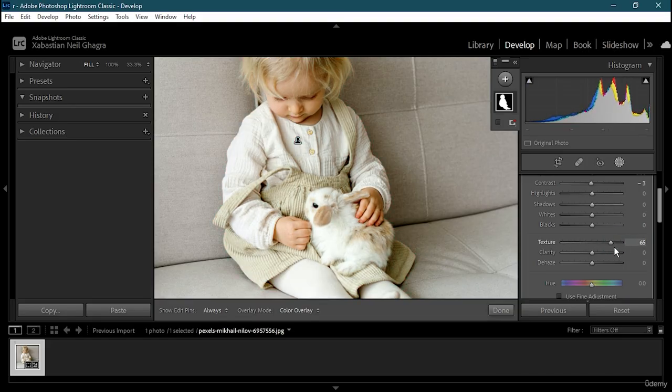And you can see when I increase the texture, the texture of the photo is increasing and getting stronger and stronger. But when I decrease it, the photo is getting softer and the textures are gradually decreasing and getting smoother. So what I'm going to do is find a point where it is smooth and also not that strong. I'm going to keep it somewhere around -14, which is perfect,